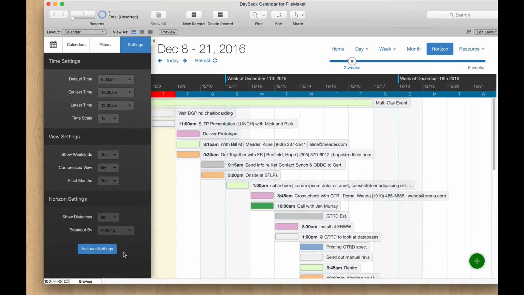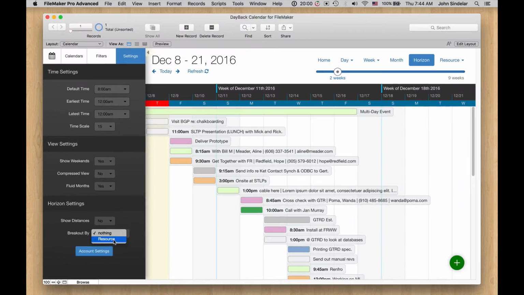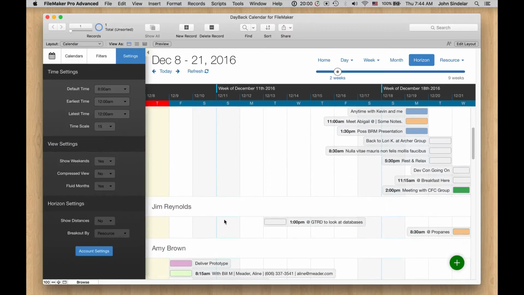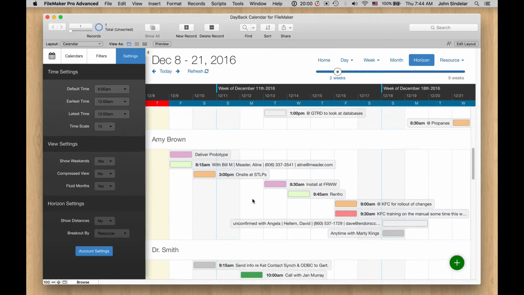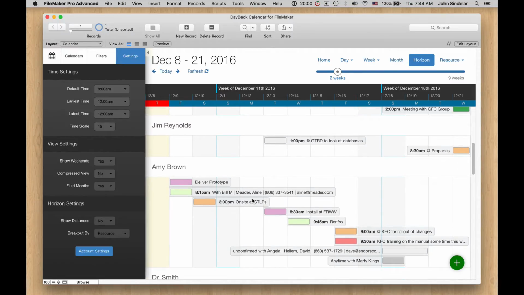So if we go to settings, we'll see a new feature called Breakout. And right now you can break out by resource. I could see future updates letting you break out by other things. But resources are those things in your schedule that can be double booked. Like a resource could be a person, like here. Resources could be a truck, a room, a piece of equipment, anything that can get double booked, even a process